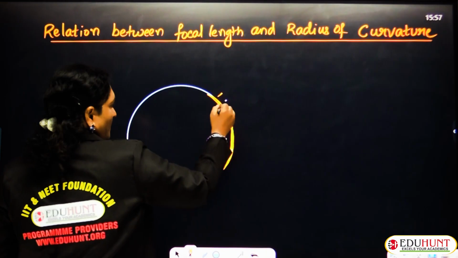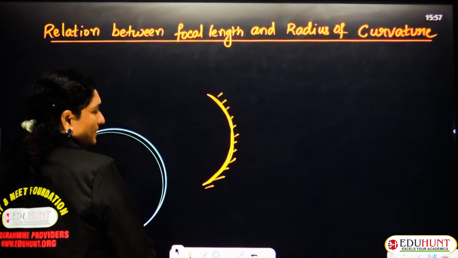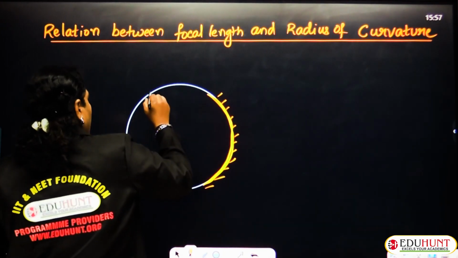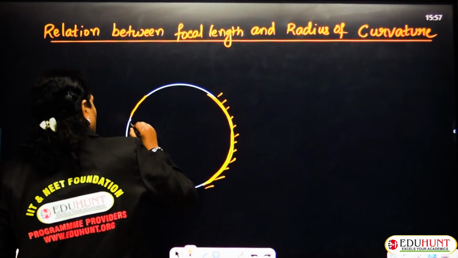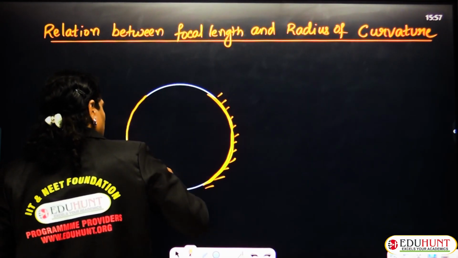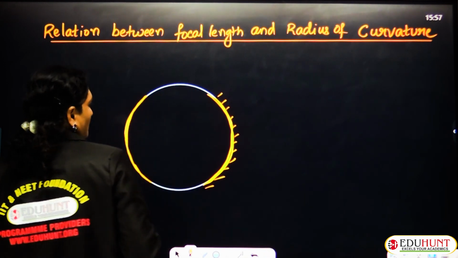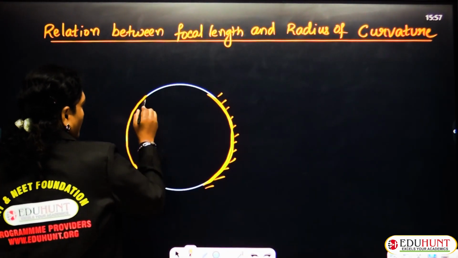If it is coated outside, this will become a concave mirror, and the same thing, any portion, any side you can consider. For more clarity, I am trying to discuss the other side. A small portion of the mirror is being cut, and suppose the mirror is coated inside,